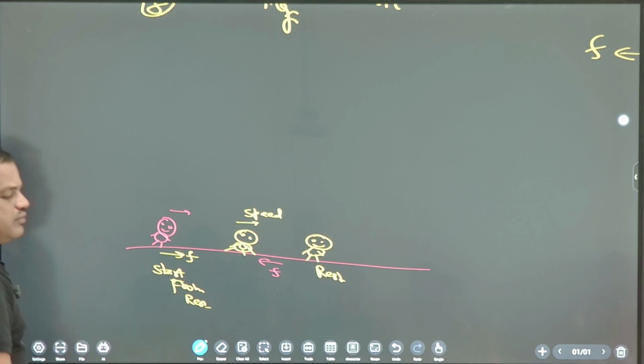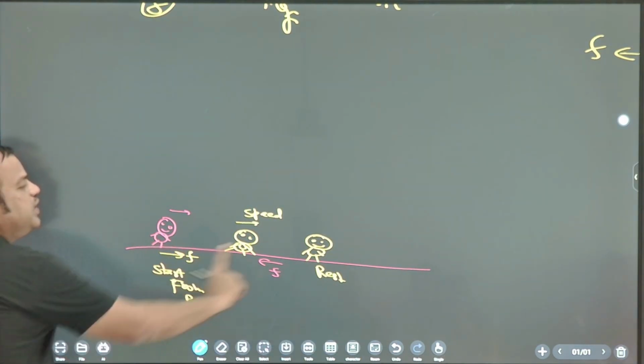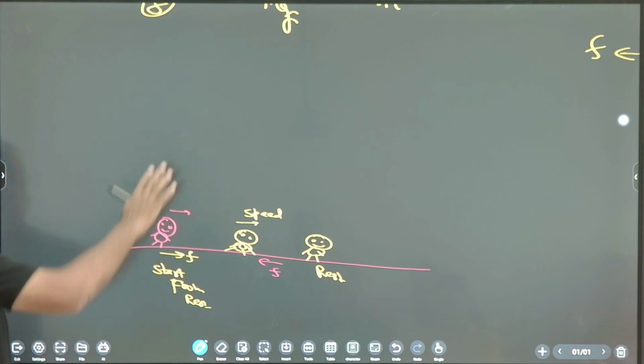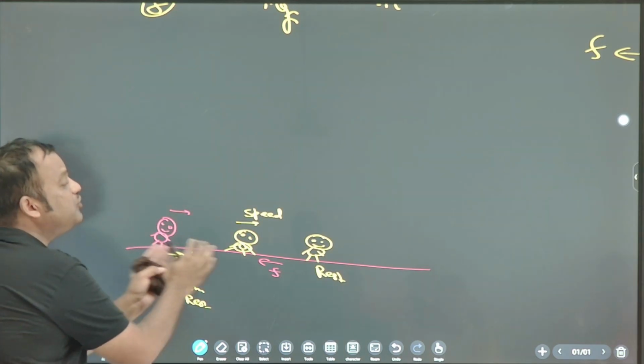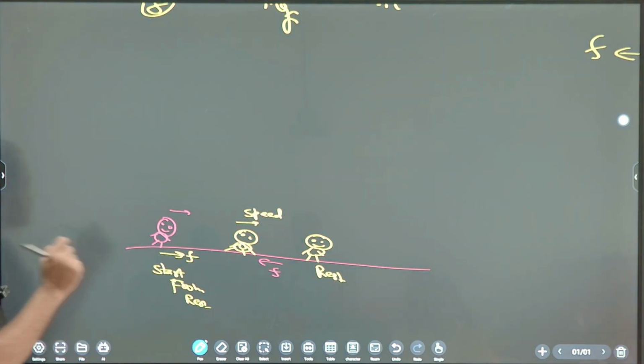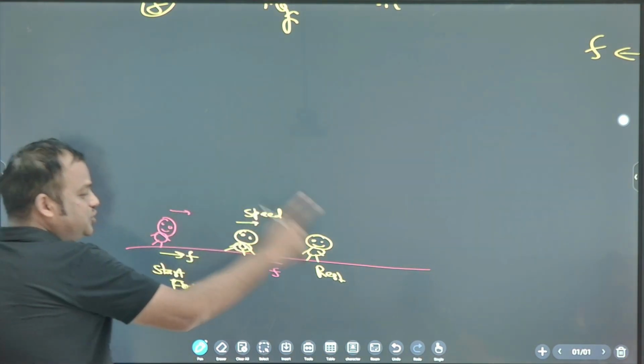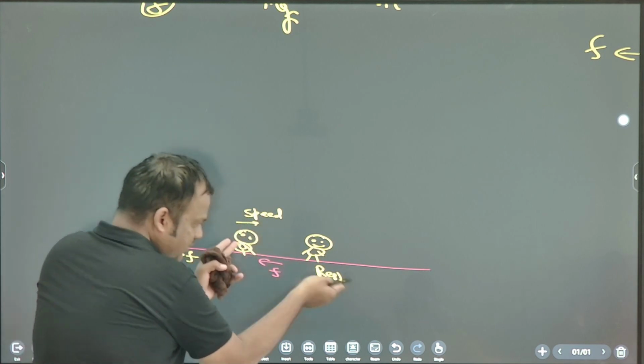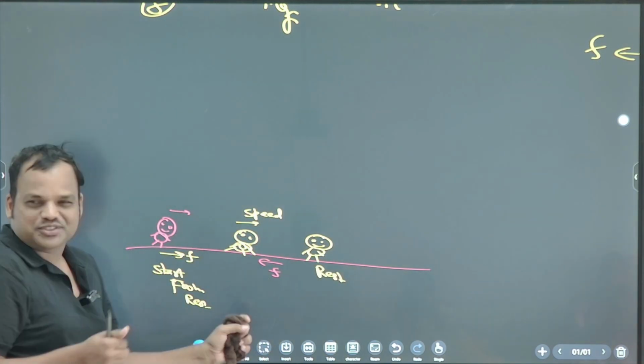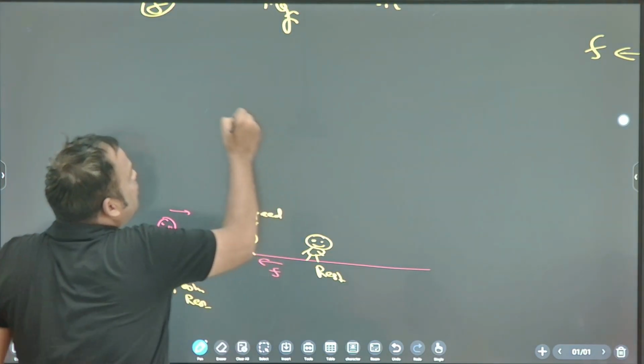So when you run on the road, when you speed up, friction is helping you. Are you getting or not? Helping you to speed up. So friction is accelerating you. Now you want to stop. Again friction is helping you to stop. Are you getting? Can you stop on